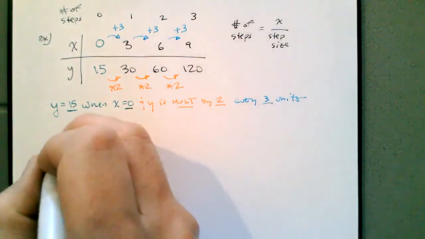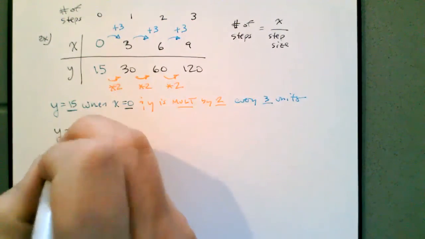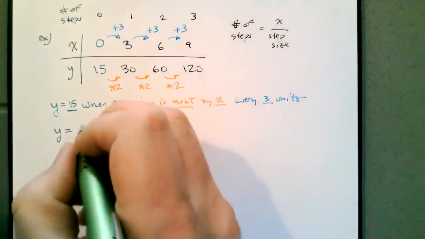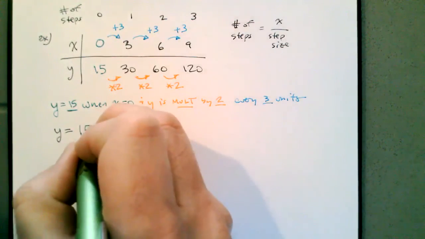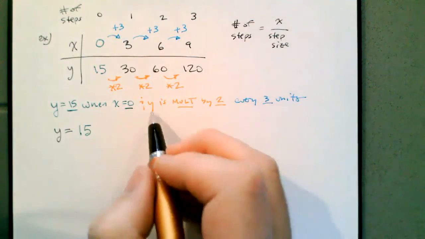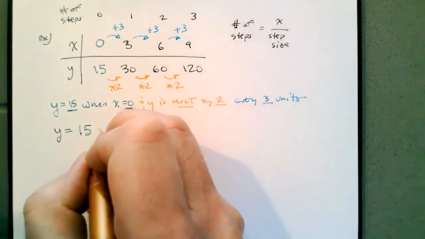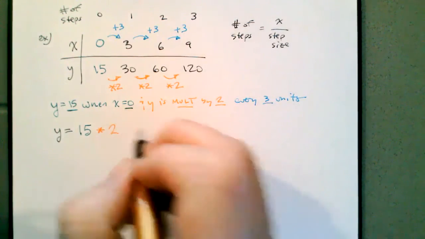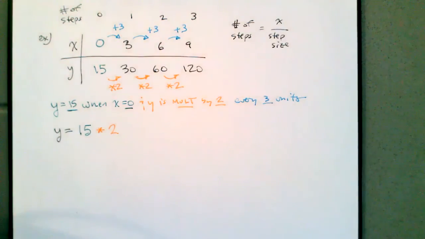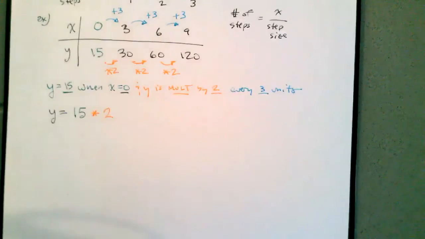So when we go to write the equation, we're going to start off at 15. And then the sentence says, now multiply by 2. And do that every 3 units. So we still indicate, oops,